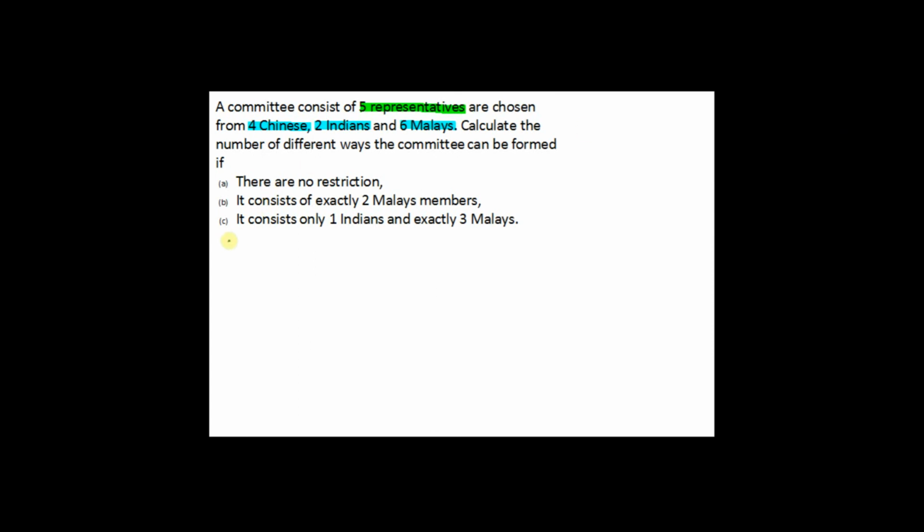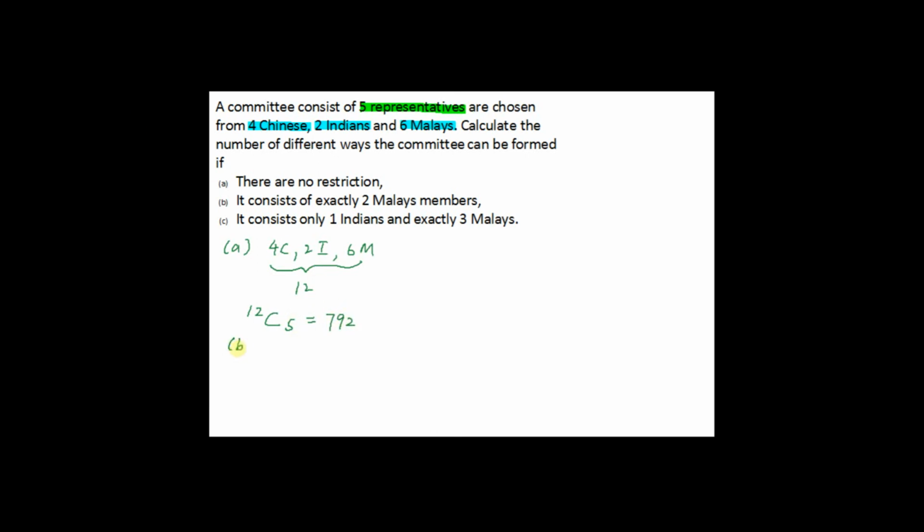So for part A, you have to find the number of different ways the committee can be formed if there are no restrictions. You have 4 Chinese, 2 Indians, and 6 Malays. In total, you have 12 people. If there is no restriction, you can just choose 5 representatives from 12 people. So this is 12C5. Just press your calculator. Your answer should be equal to